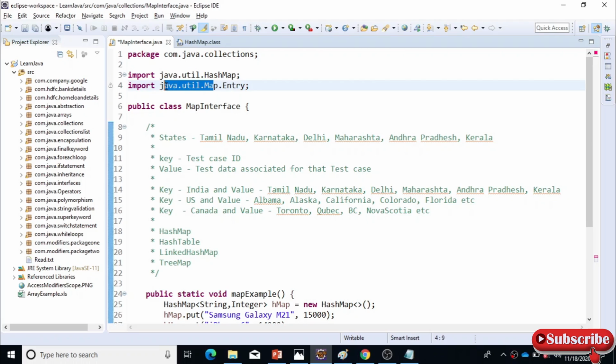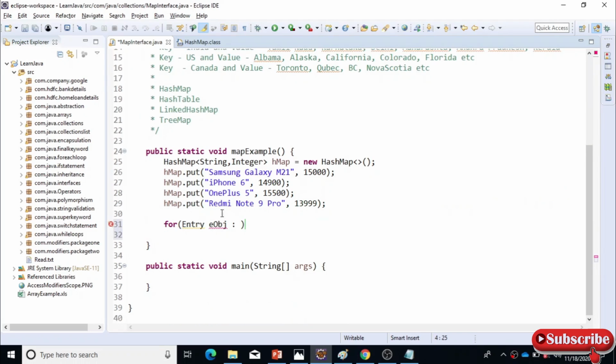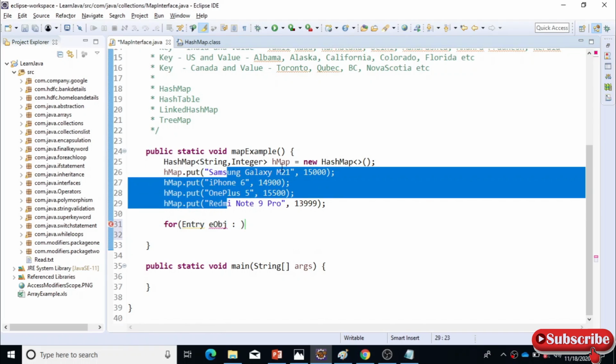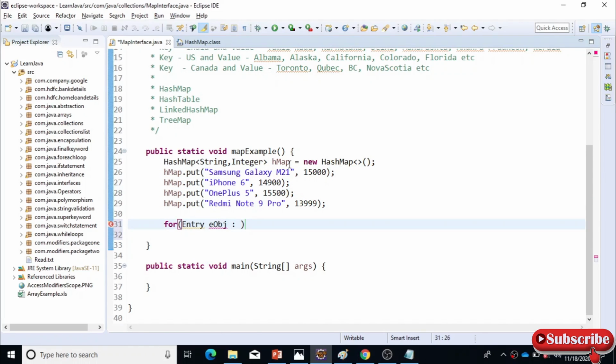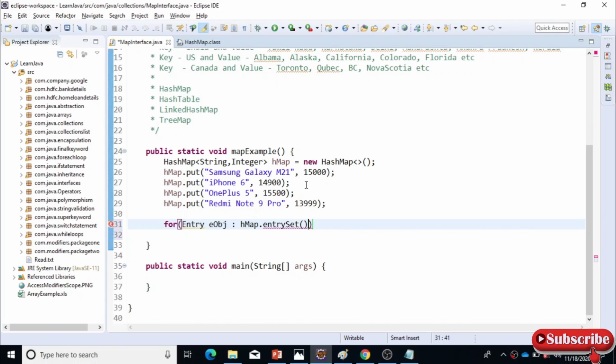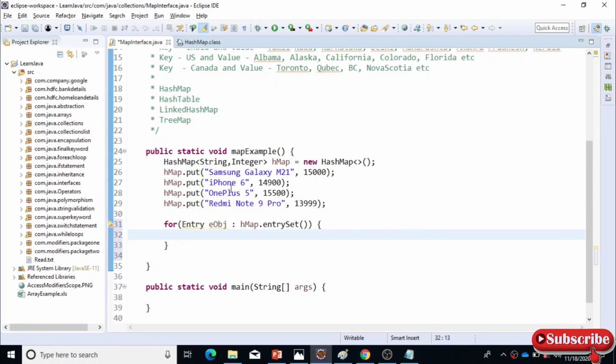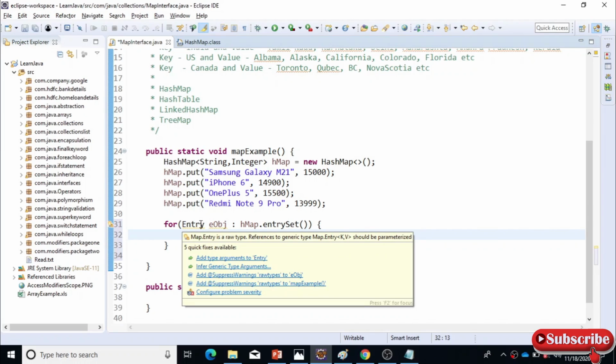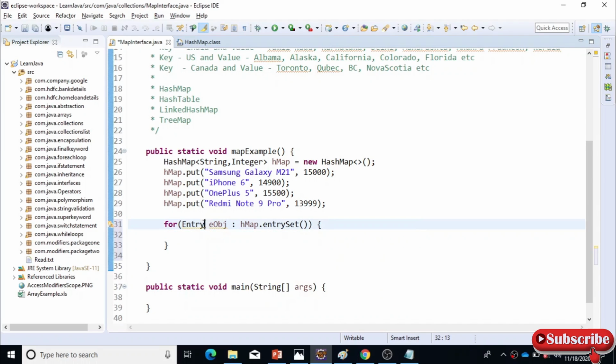It comes from java.util.Map. It has some methods like getKey and getValue, where you can specifically get the key and value from the hash map. Now using this map, you have to call the entrySet method that is available inside the hash map. This is throwing a warning. You need to pass the generics here as well, so it is String and Integer.